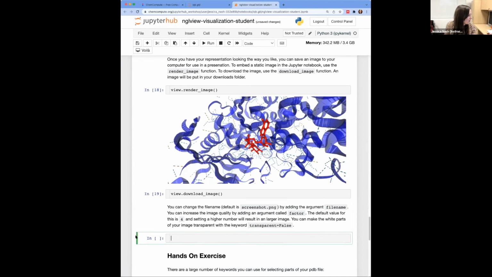And then I think this is a really cool thing. By default, it's going to be called screenshot.png. But if I want to give it a different name, I can do view.download image, and then I can put the name of the file in parentheses, in quotes. So I think this was 3fgu.png. And I might put